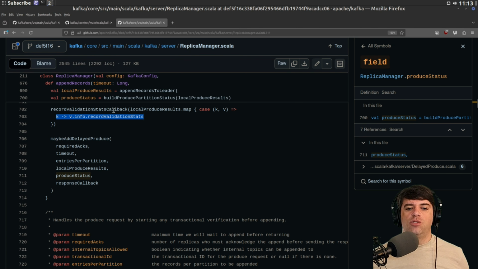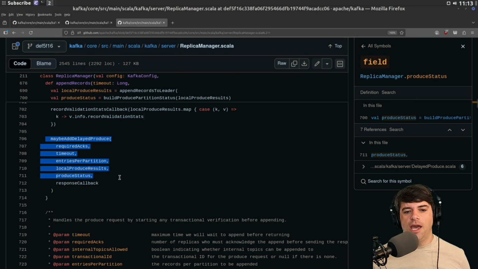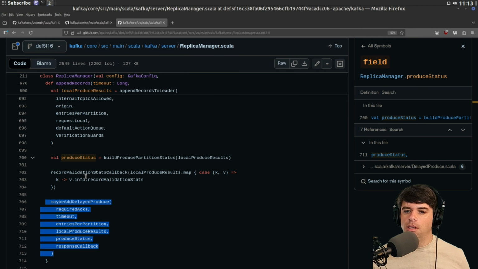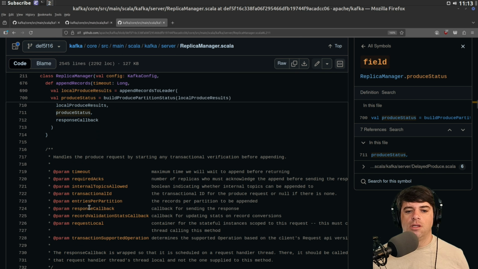So that's basically the stats for all of the things. And then we're going to call maybe add delayed produce, required acks, timeout, etc. I'm not sure explicitly where we wait for stuff, but maybe this object has a future-like quality where you can now wait for it or something.